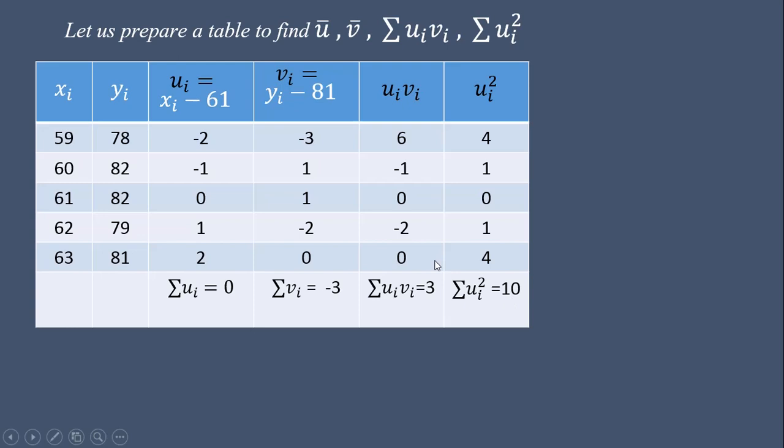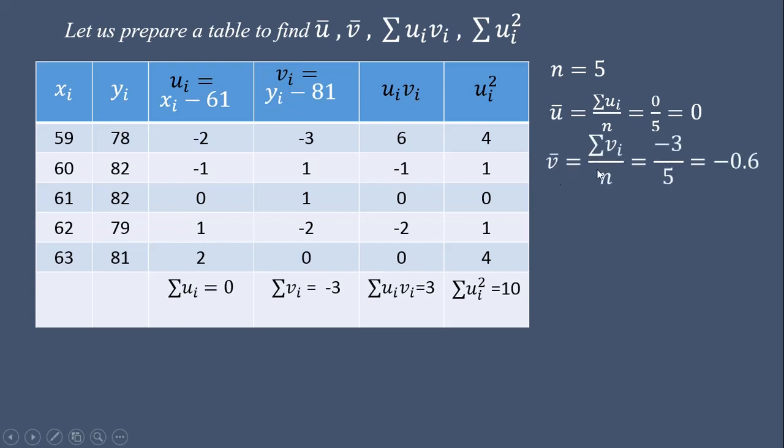So we get all the required values to calculate u bar, v bar and the regression coefficient. Okay, so now let us first calculate u bar, v bar. Now n, the number of observations, that is the number of pairs xy, these are 5, so n is equal to 5. Now u bar is equal to summation ui upon n. We have this value summation ui is equal to 0. We substitute here 0 upon 5 equal to 0. So we get u bar is equal to 0.